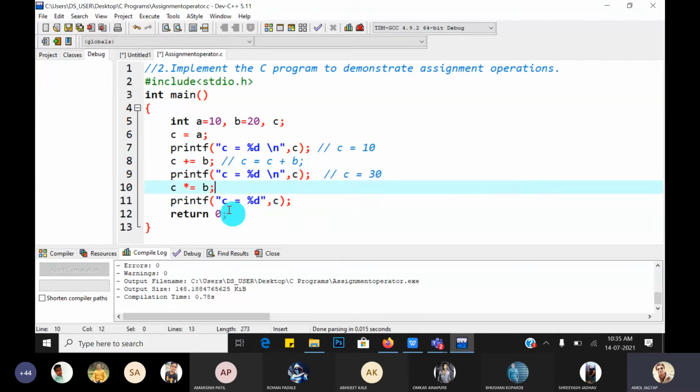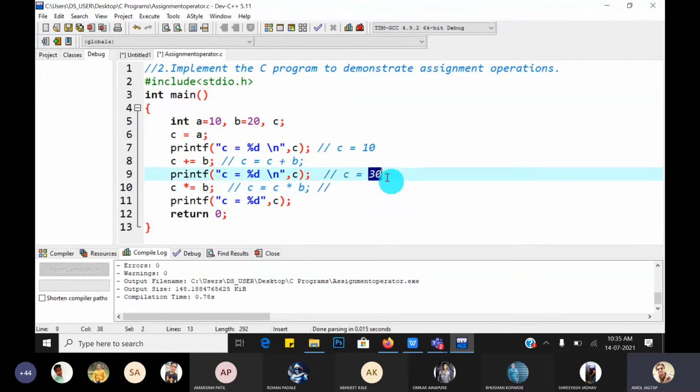Guys, tell me what is the value of C here? What is the current value of C? 30. What is the meaning of this? First, we have to expand this statement. The meaning is C = C * B. So the current value of C is 30, and the current value of B is 20.